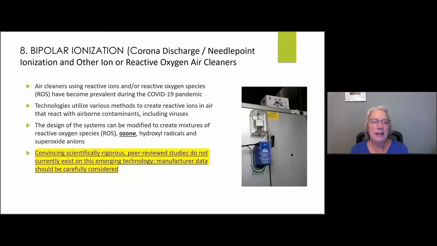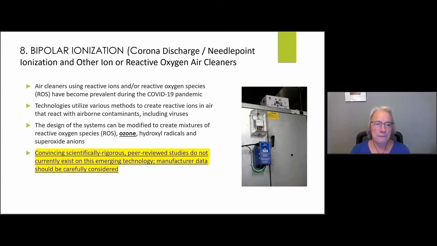Next. Then you have this new type of, actually it's not so new, but it's becoming new and more used in existing buildings, bipolar ionization. So this is called needlepoint ionization or other ion and reactive oxygen air cleaner. So what they do is they produce very reactive ions, both positive and negative, okay, that react with airborne contaminants, including viruses and bacteria, okay? The design of the system can be modified to create mixtures, but they can create ozone and hydroxyl radicals and